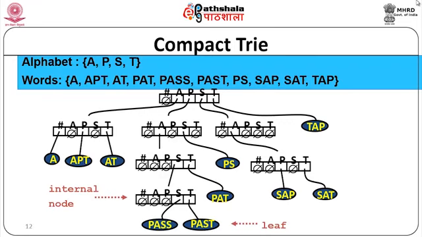Now, why is this called a compact trie? If you do not have a prefix, directly the word is stored. For example, TAP. TAP is the only word and it is not common among other words, so TAP is given directly. Now, if you take another, A is coming separately, but A has 3 that are coming there. After that there is no commonality, A comes as it is, AP is the prefix, AT is the prefix. So, there directly. So, this way you do not keep on having, otherwise for TAP you would have had a separate TAP dollar, or just TAP. So, that you are avoiding with this compact trie. It is just trying to compact or compress the trie, that is it.